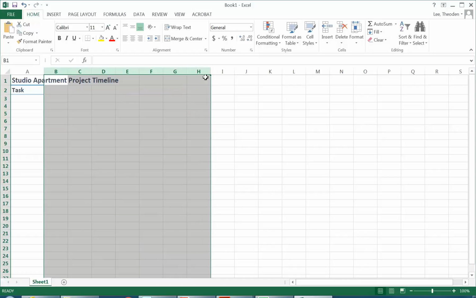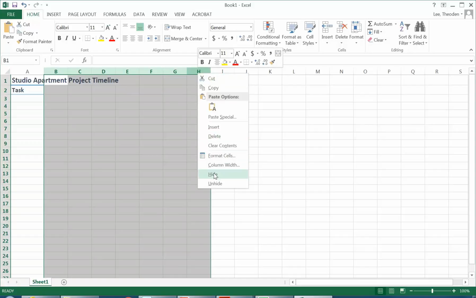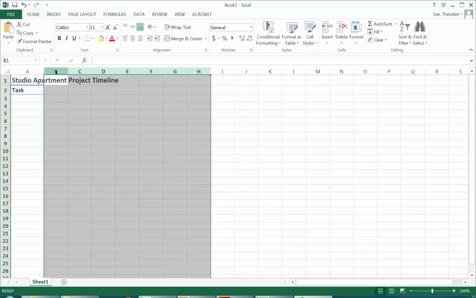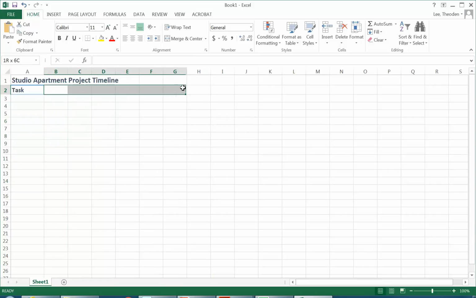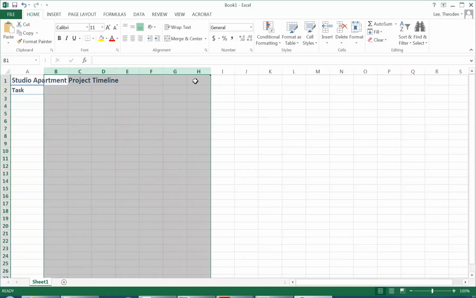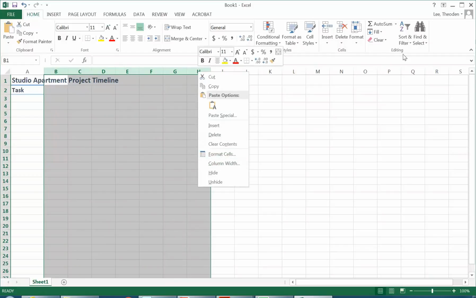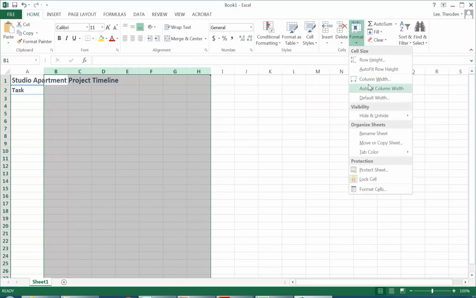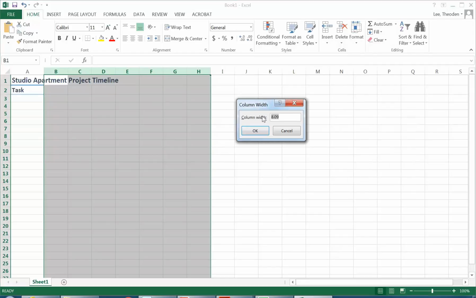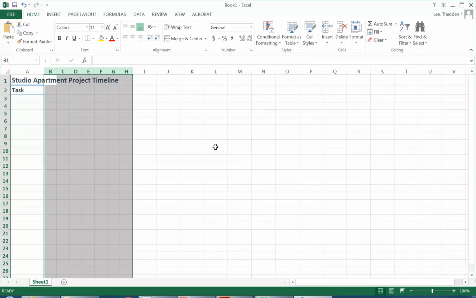Okay, so when you right click, you can go to column width, and so just in case you missed that, you can select the whole columns just by clicking on the heading. You can also just select individual columns actually to do this, because it's going to change the whole column width anyway, but it is handy to select the whole column like that. So when you right click, you can go to column width. You can also go to format and then choose column width from there, and then type in a smaller value. So I might have 4 there as the width,